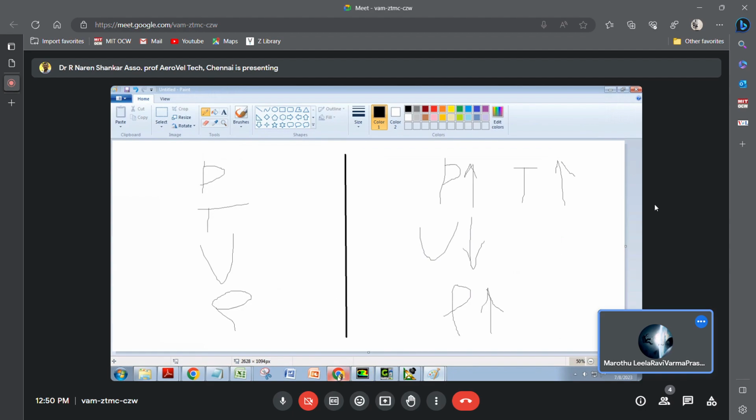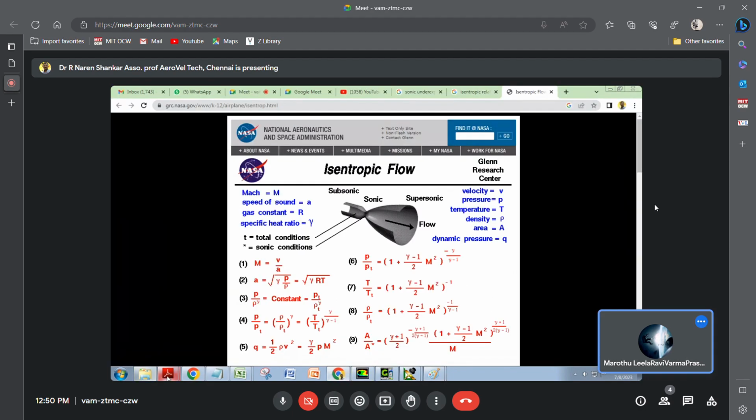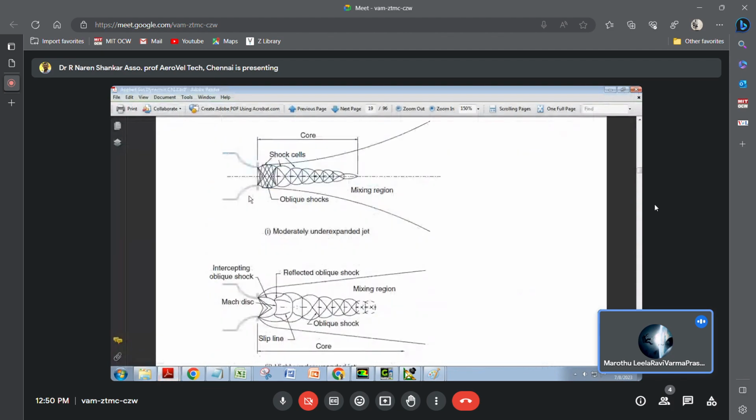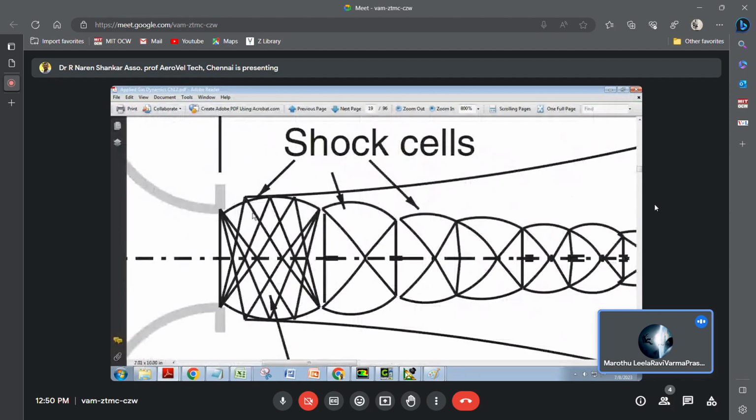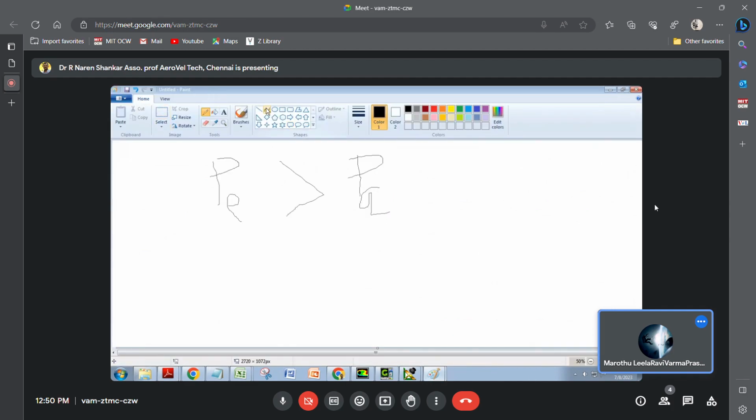So you see there are a series of, this is expansion wave. I have told it is shock wave, it's not shock wave. This is expansion fan, and particularly this expansion fan occurs because of your nozzle shape. Normally, if you see an expansion fan, it will look like this only. A fan, if you see,